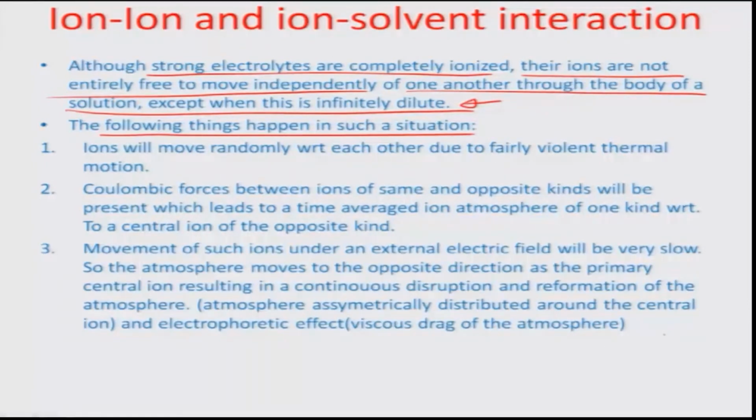Number one obviously is that the ions would have their own random walks, which are because of thermal motions or Brownian motions, where, let us say, there are positive and negative ions in a medium, okay, and so there is always a random walk that such ions would make,